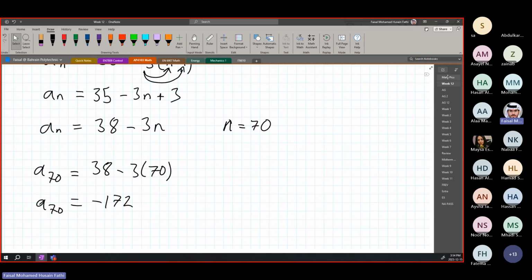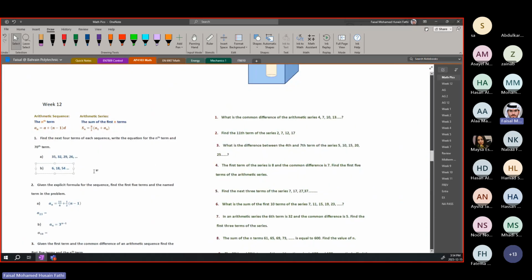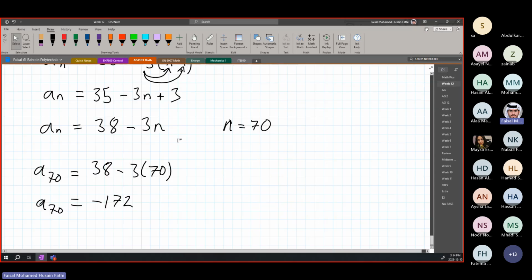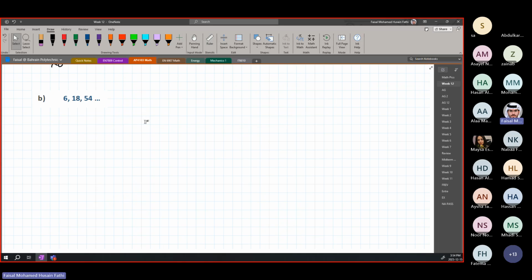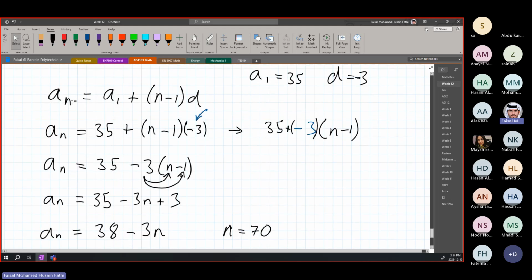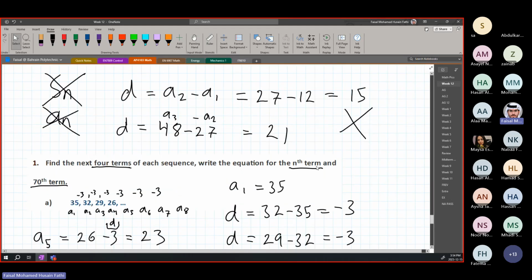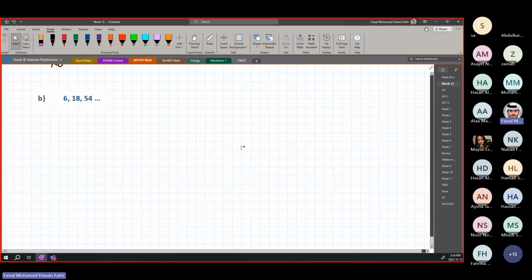Okay? Any questions? I want to do the second one, but I want to teach you guys how to do it very quickly on the calculator. It is similar to what we did, if you remember, for the midterm, for graphing using the table function. And I want to explain how. So the question again is asking to find the fourth term and the nth term and the 70th term. First step, my recommendation always,